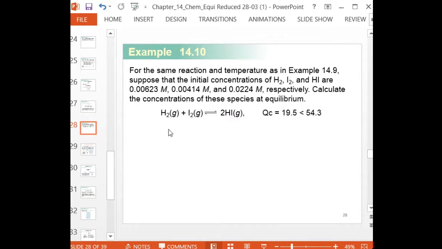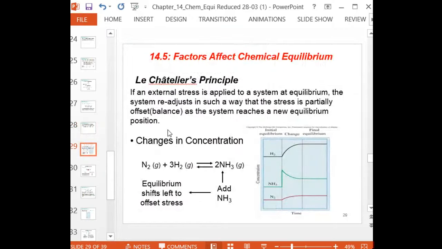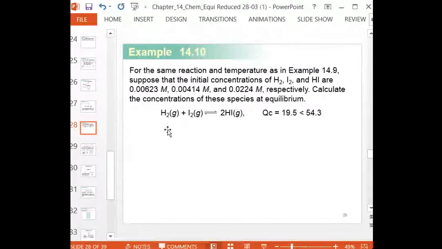So now you will calculate the Kc value by the ICE table. You have to write the Kc formula by the ICE table, and how will you put the ICE table now? Let me check, is the ICE table here? No. One minute, I will just show you.